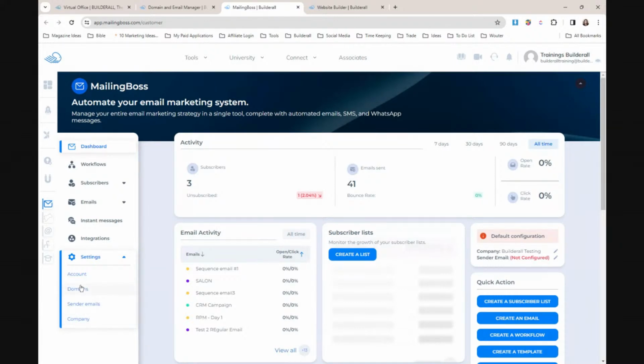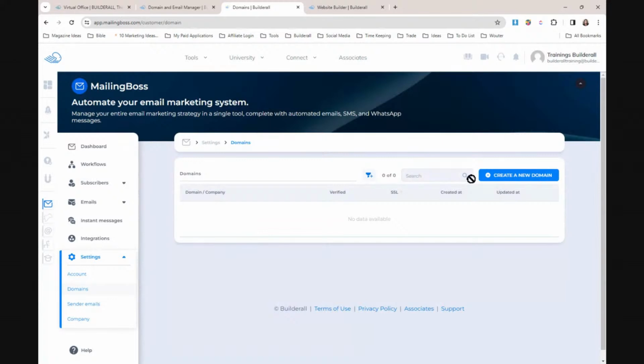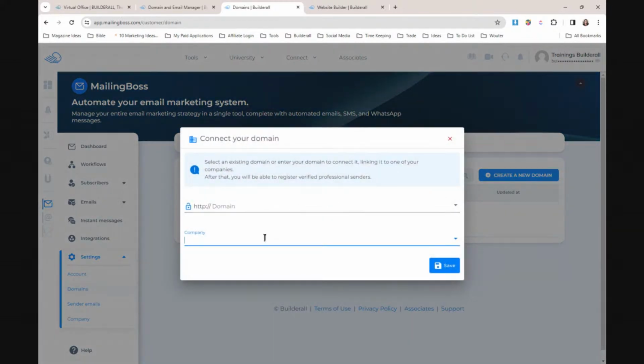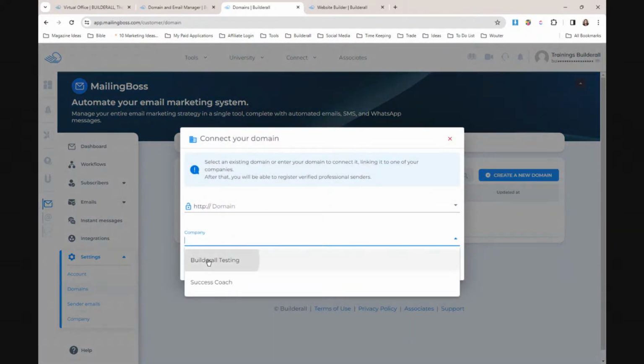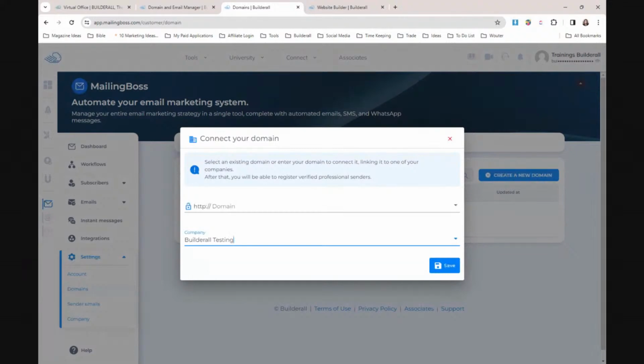Once you are done there, you're going to go to the domains, and then you are going to create the new domain in this area. Right here, it's asking you what is the company name, and that's why I said to you it's important. And then you're going to type in your domain,